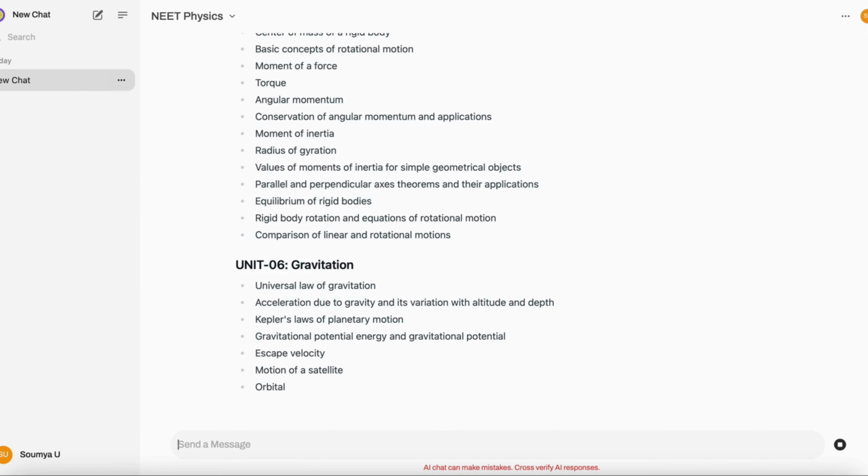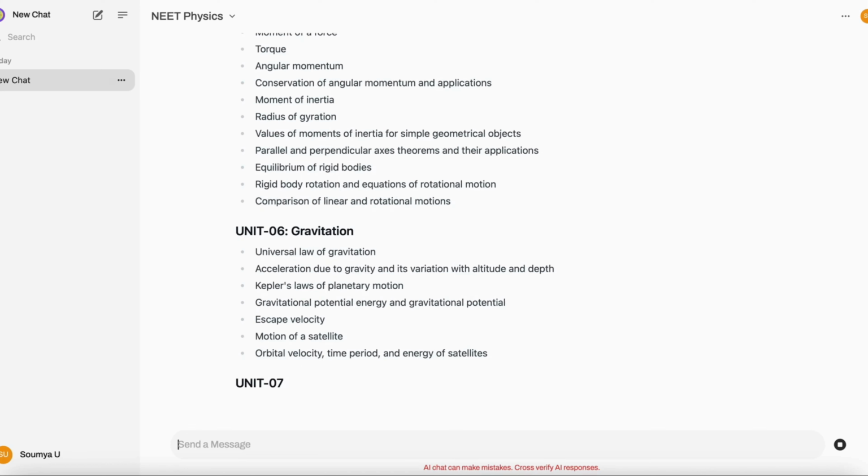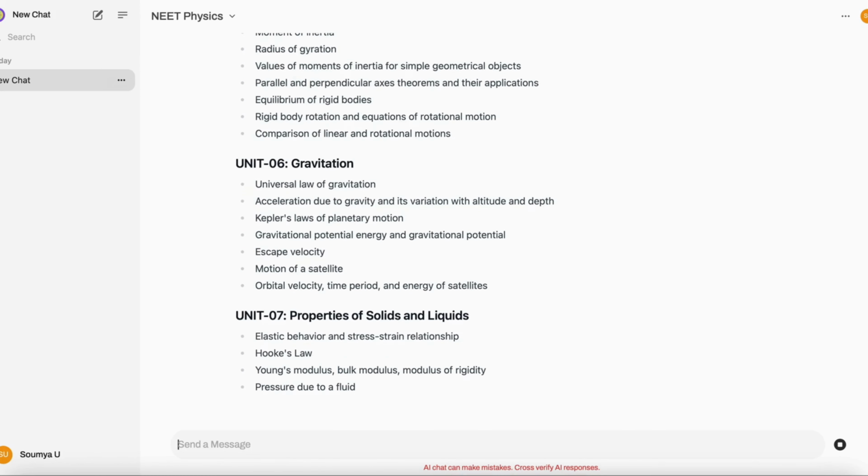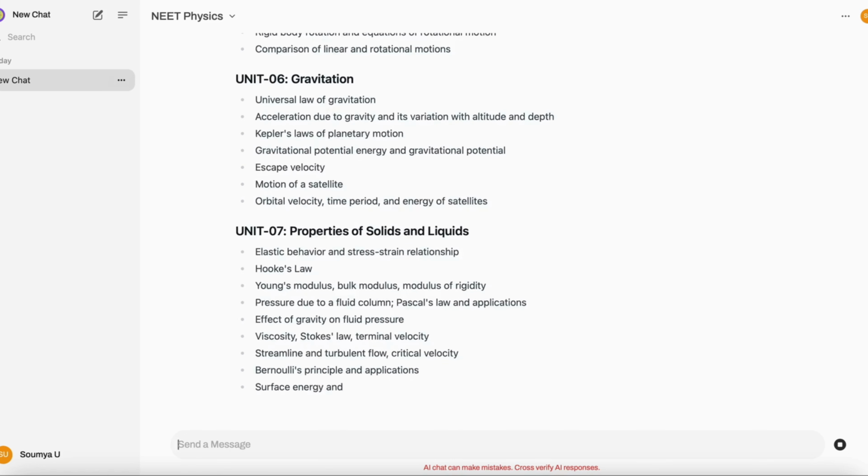Unit 06, Gravitation: Universal Law of Gravitation, Acceleration due to gravity and its variation with altitude and depth, Kepler's laws of planetary motion, Gravitational potential energy and gravitational potential, escape velocity, motion of a satellite, orbital velocity, time period, and energy of satellites. Unit 07, Properties of Solids and Liquids: Elastic Behavior and Stress-Strain Relationship, Hooke's Law, Young's Modulus, Bulk